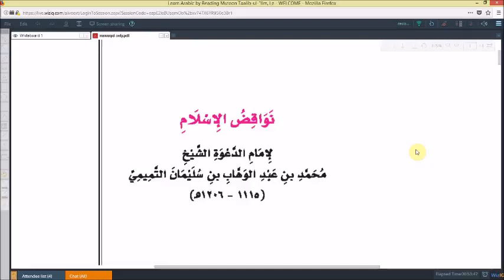We will begin inshallah ta'ala with al-mustawa al-awwal from the Mutun Talib al-Ilm Level 1, which consists of Nawaqid-ul-Islam,